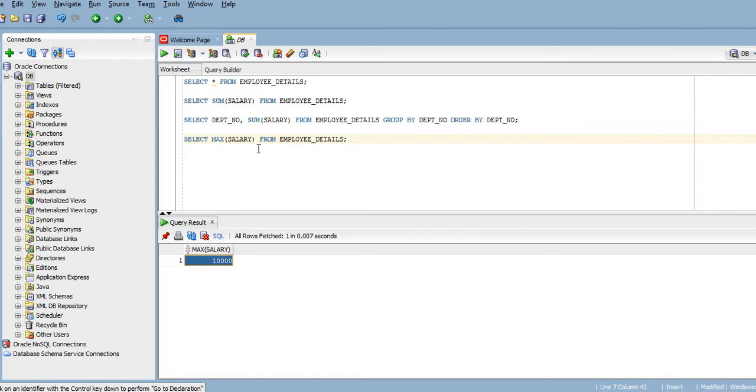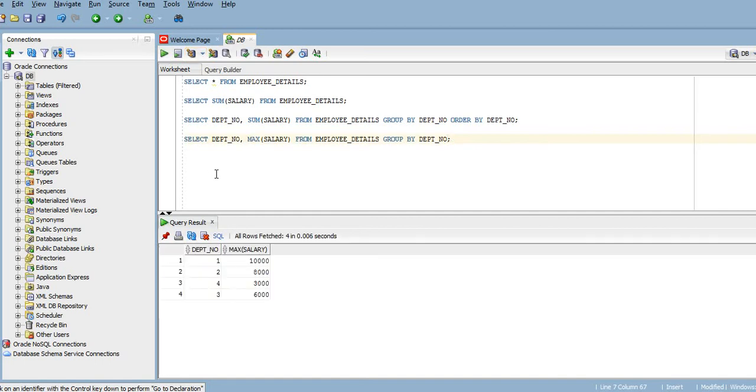We need to group up the maximum salary based on the department number. Let me show you: department number, group by department number. Yeah. So let me run this query.